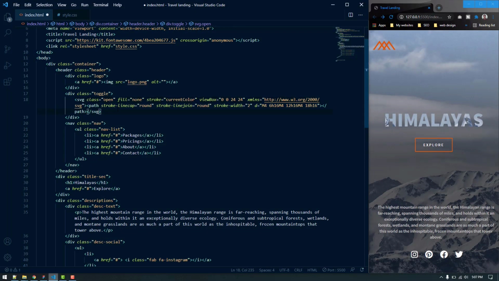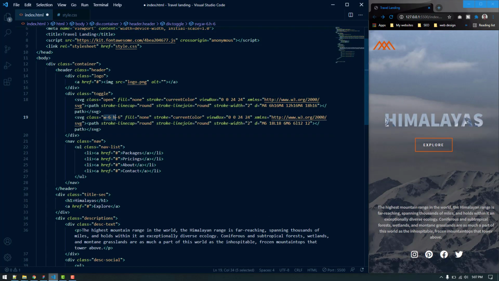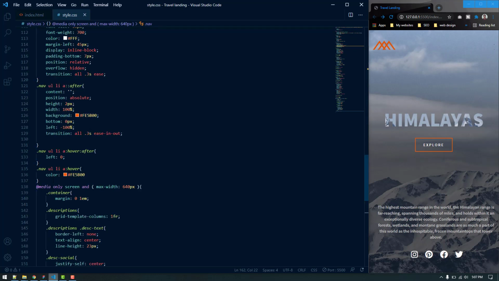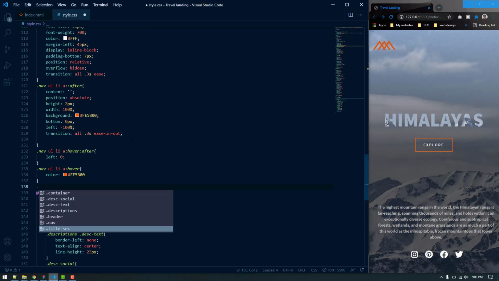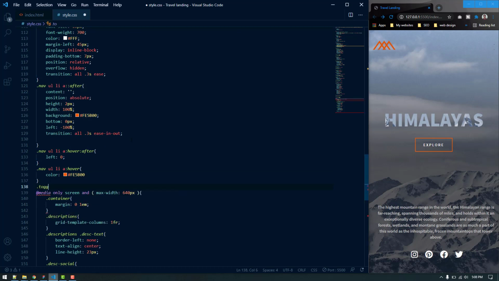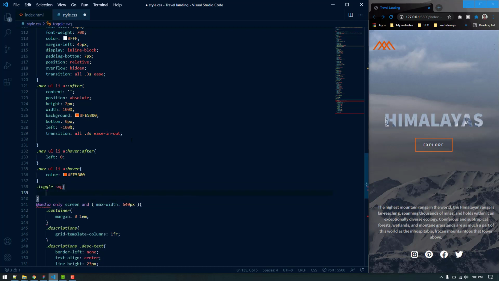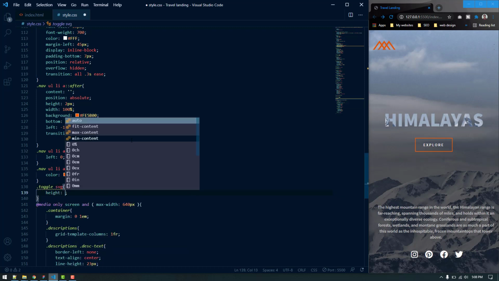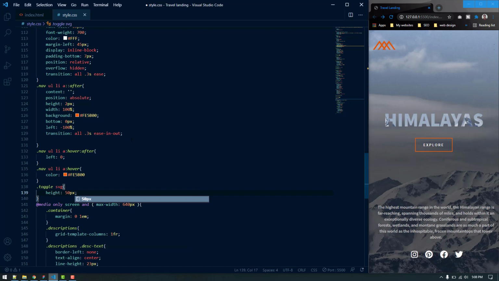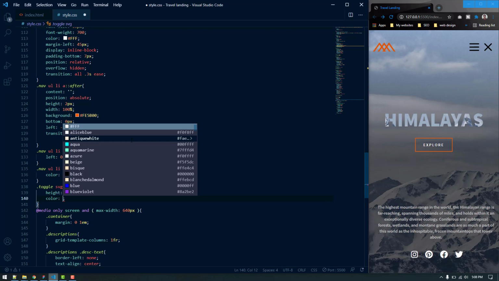And now let's get the cross icon. Okay, we got both of the icons, and I'm going to paste it here. Let's give it a class of close. Let's save. Here is the icons. It is so small that we cannot see. So let's move up here and let's target the SVG. The class name was toggle and SVG. Let's give it a height of 50 pixels. It will be bigger than this, and it is. We also want to make the color to be white.